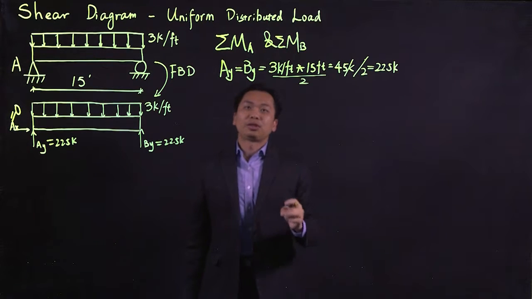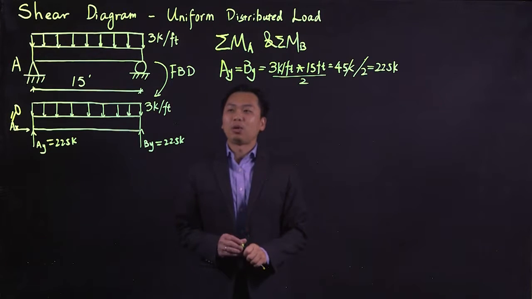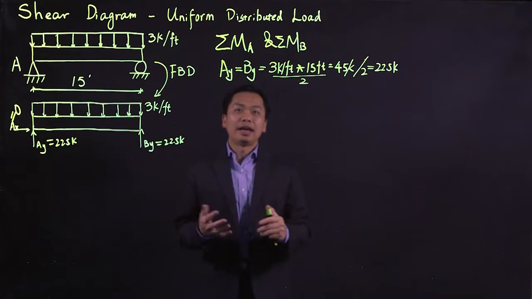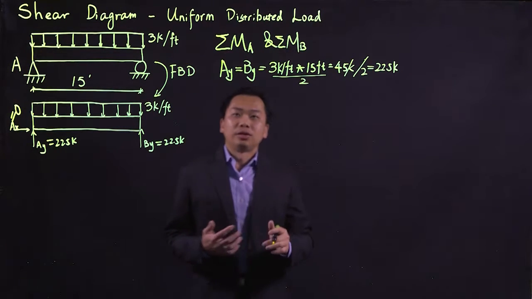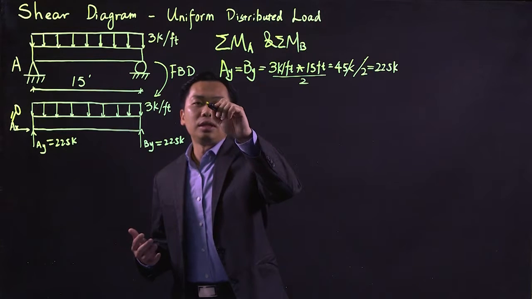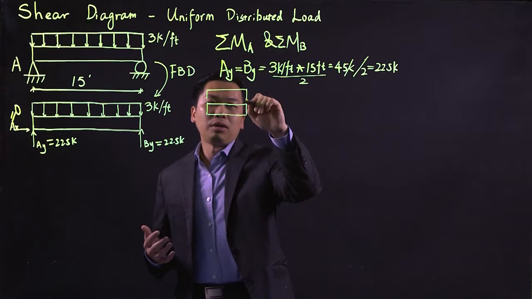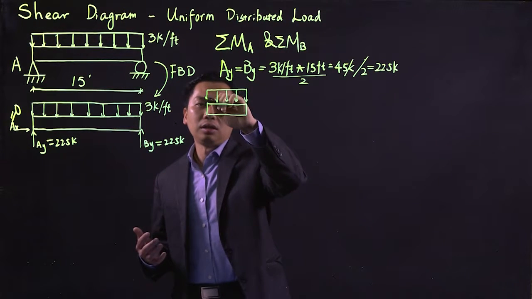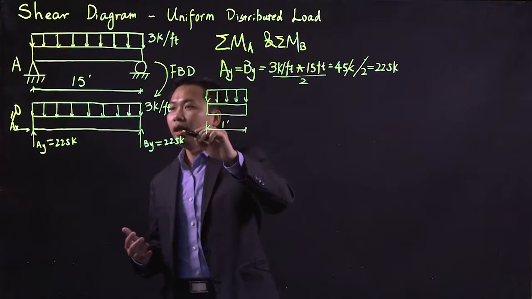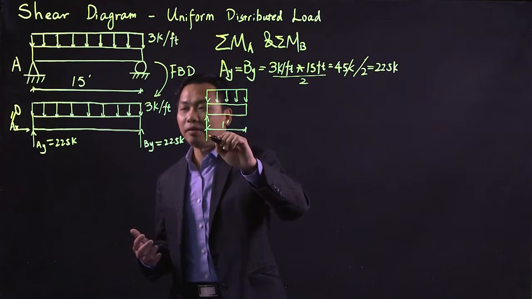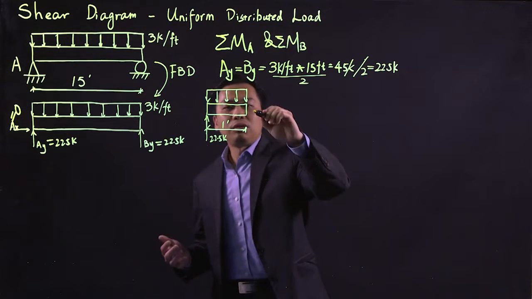With that, let's use our typical method to cut the beam into pieces and find the shear at the different portions. Then we can observe to see if there's any way we can do it quicker. First, we cut the section at 1 foot. On the left-hand side, we're going to have this 22.5 kips. And on the right-hand side, we're going to have our shear,